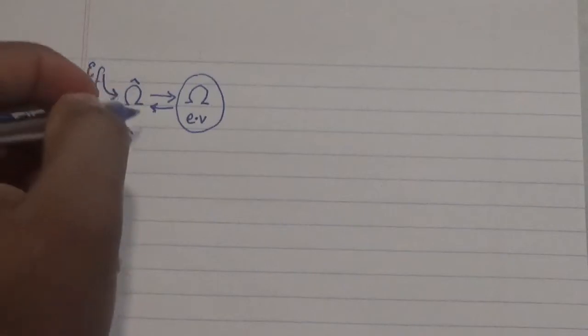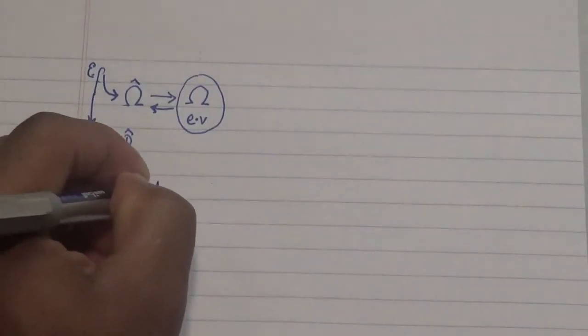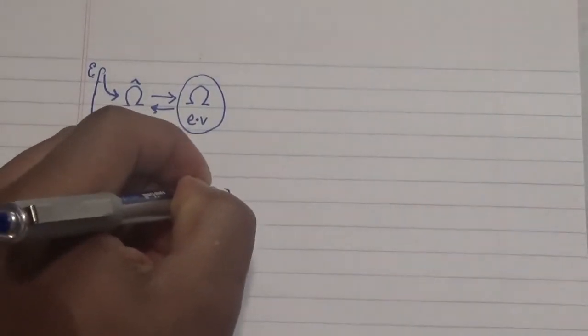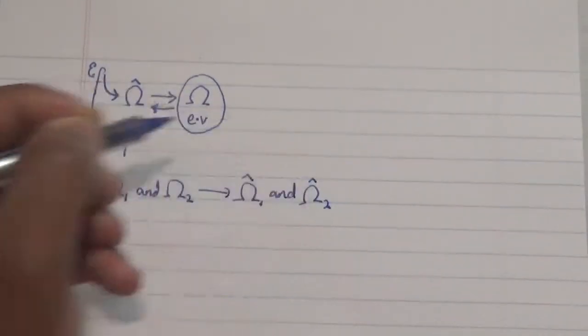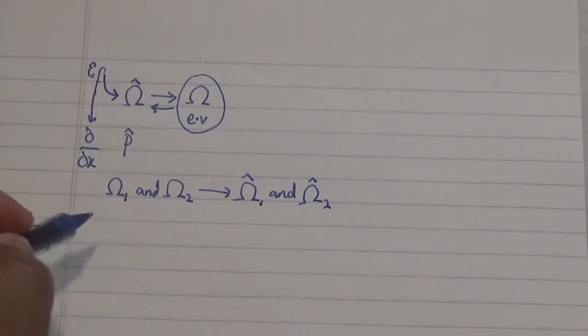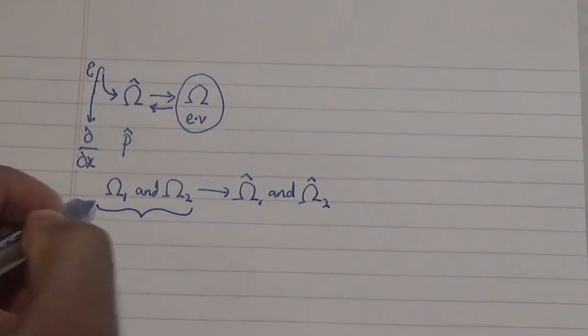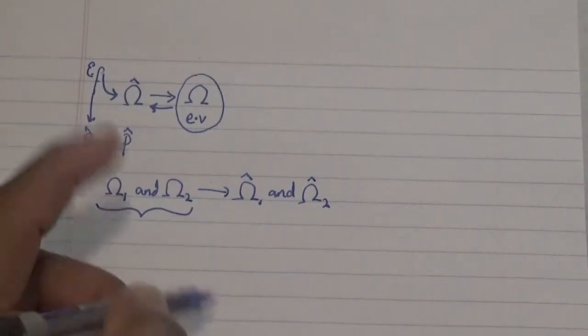Now, once we know that complementary observables are a property of an operator, what we say here is that these observables omega 1 and omega 2 correspond to the operator omega 1 here and omega 2 here. Now, this is respective over here, and these two observables we're talking about are complementary only if, take note, only if,